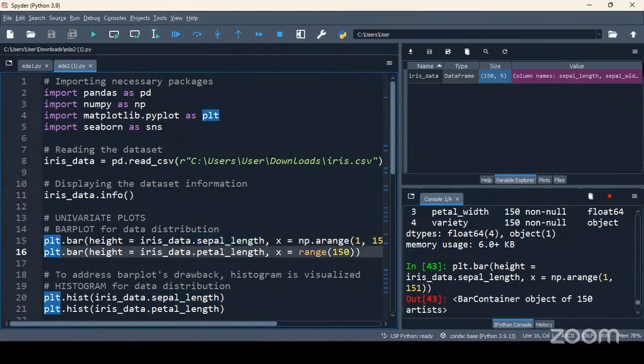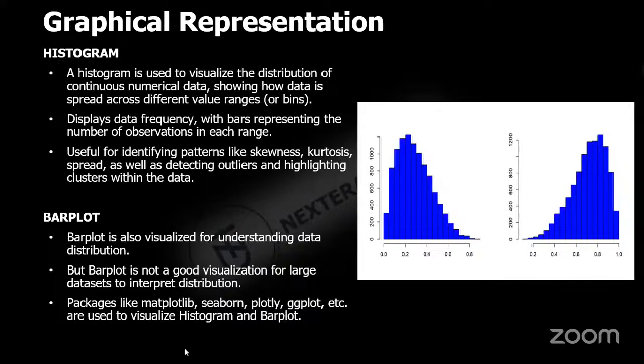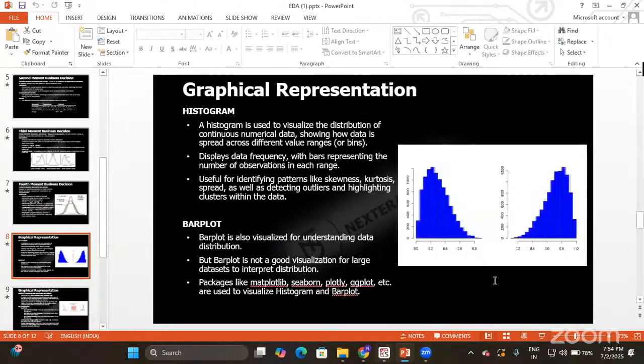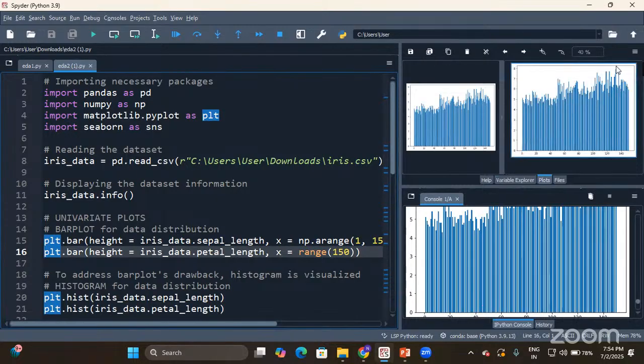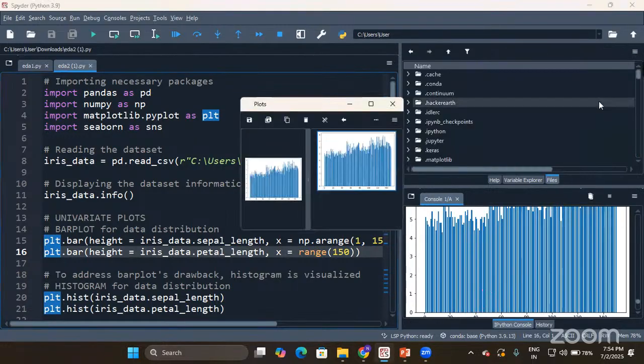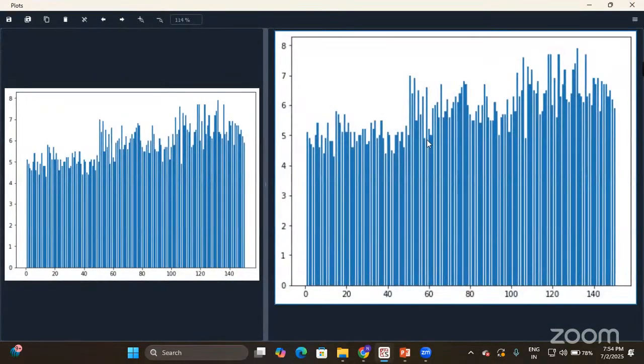Let us check whether the bar plot has been generated. It has to generate. Yes. Even if you see here under the plots pane, were you able to understand anything? Not exactly, right? So this is the disadvantage of a bar plot.